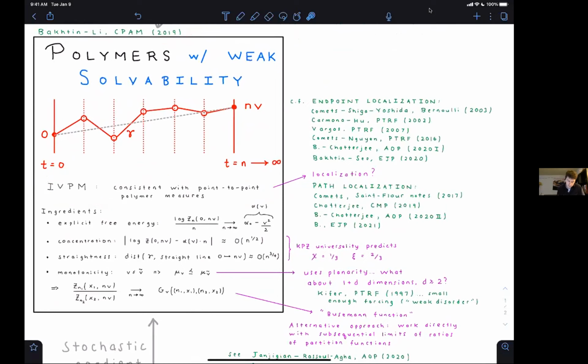And maybe I'll explain some of the ingredients that go into that, because these will naturally lead us into certain questions that are relevant for the polymer community, random growth models, percolation, et cetera. And maybe that can give some further intuition about where the literature might go in the future and what the interesting questions there are.